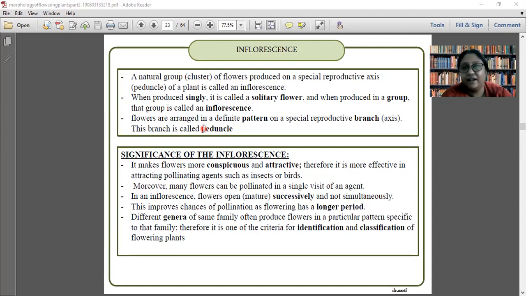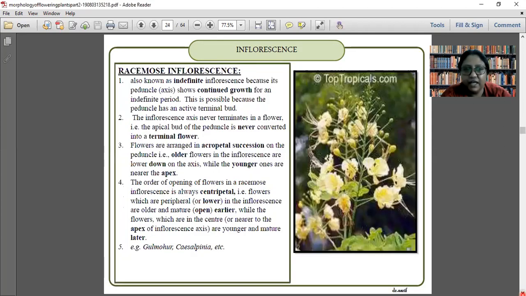So they get easily attracted by the birds or insects. And if a bird is coming and eating something from one flower, other flowers also touch its body part and the pollen can get transferred in a more efficient way. Apart from that, this improves the chance of pollination. The unique inflorescence gives us the benefit of identification of them. We can easily identify which flower is this from the arrangement.